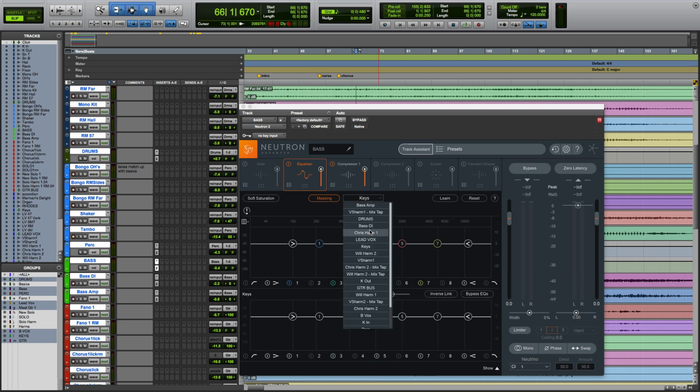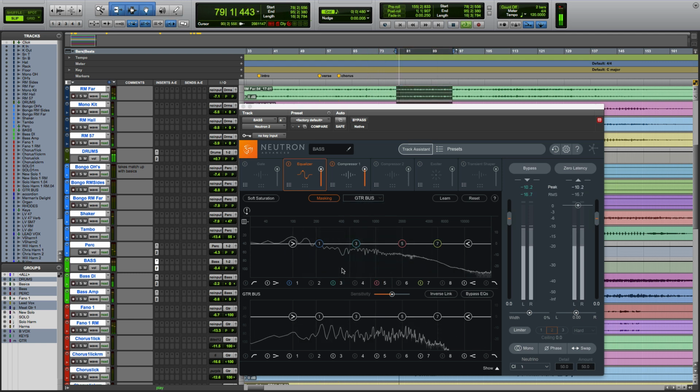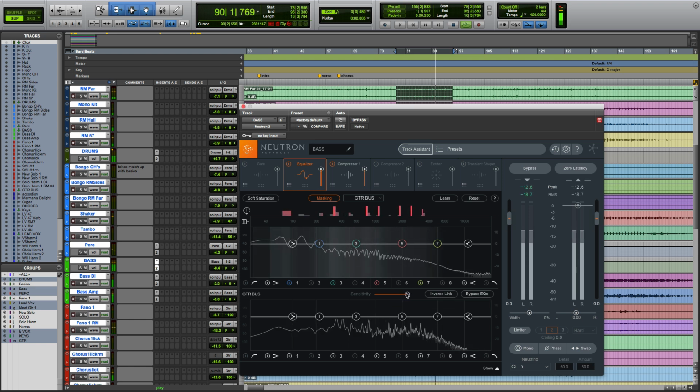And let's go over to the guitar bus over here. So I'm just going to select the loop. Now we're seeing a couple of visual pieces of feedback here. The first are these white lights that show up across the EQ. Now these are telling us that there is some masking happening between the guitar bus and the bass. So I can up the sensitivity over here to get an additional layer of visual feedback by way of these pink shoots that will emerge right there.